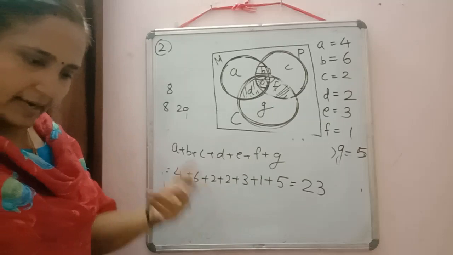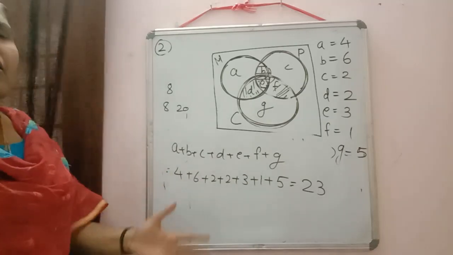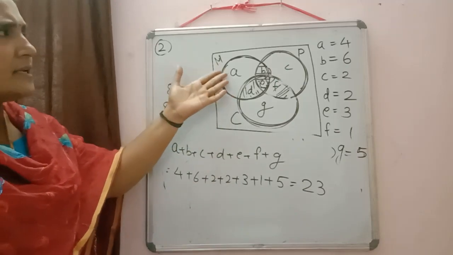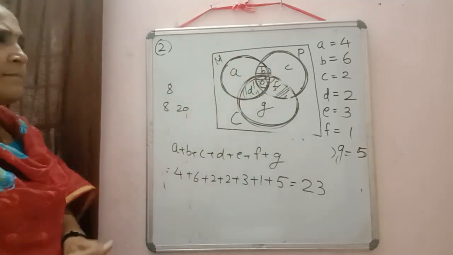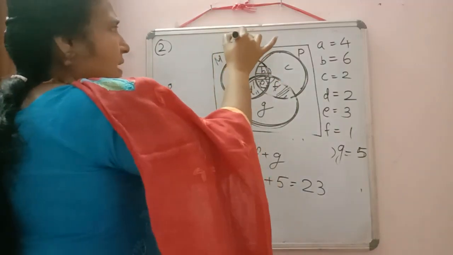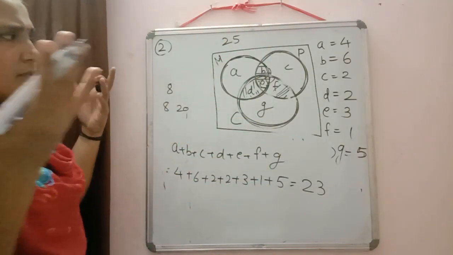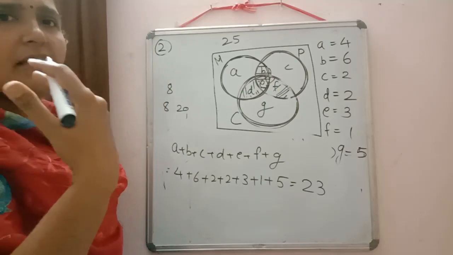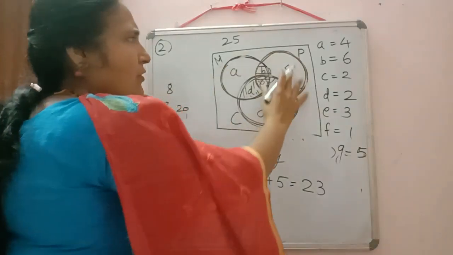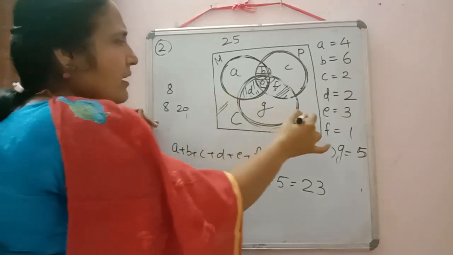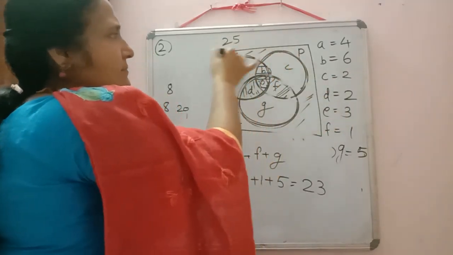Okay. Then last question is none of the subjects. So some students will be there who are not interested in physics, maths or chemistry. Out of 25 students, some are there. Those who are not interested in any of the subjects. So that will be represented by which region? They do not belong to this category. Then where they will belong? Yes, they will belong outside this category.